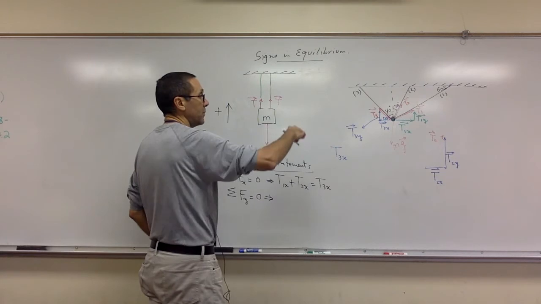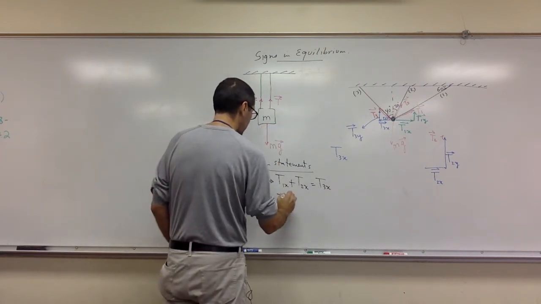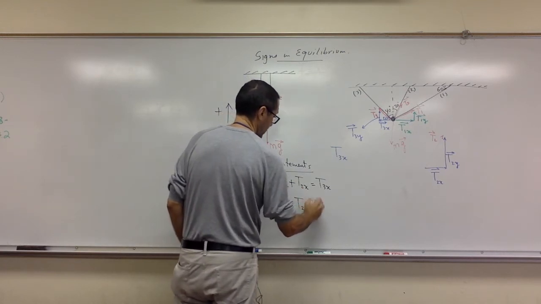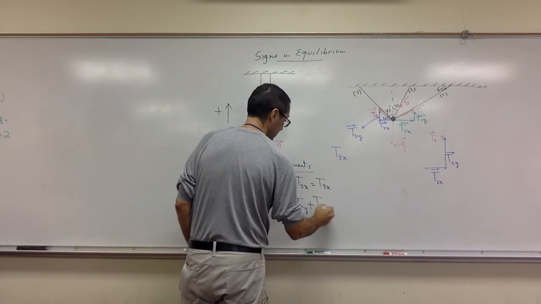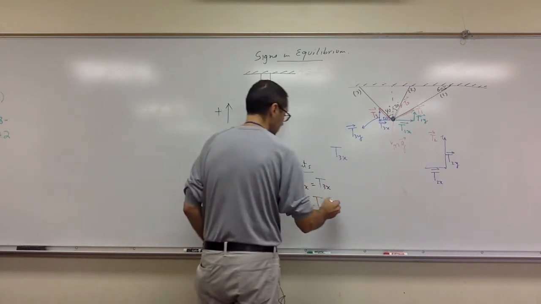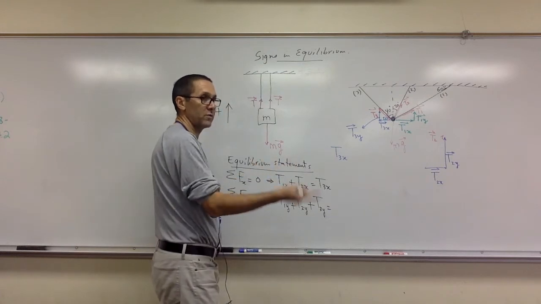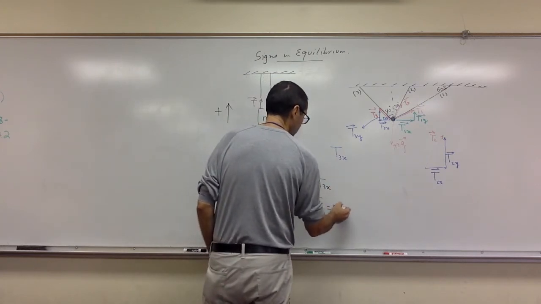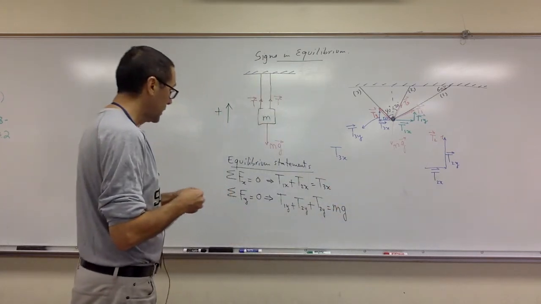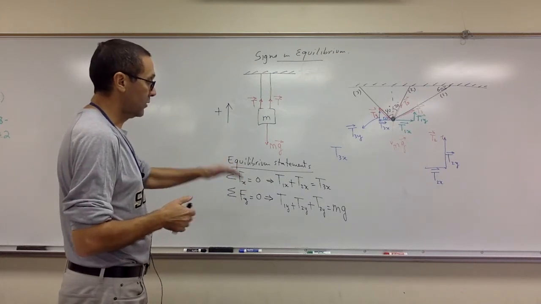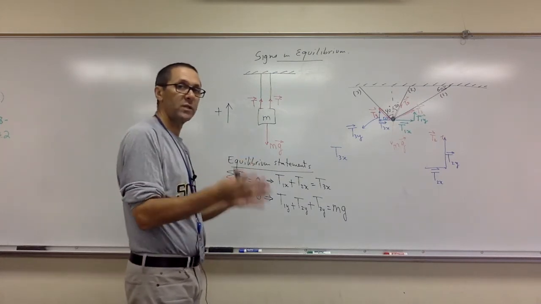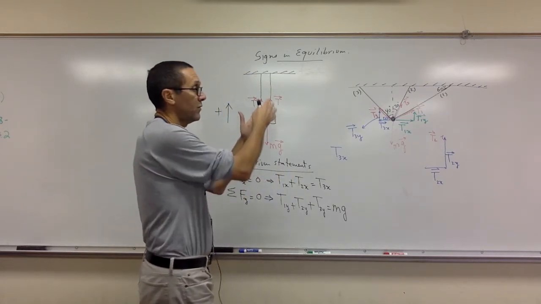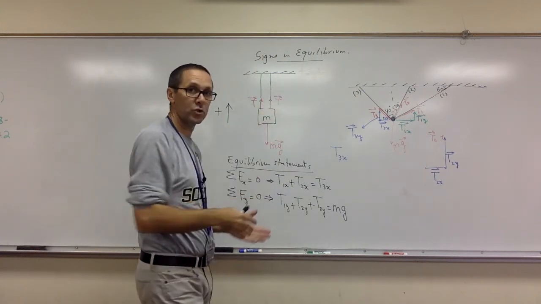Now for the y, it means that the forces pointing up must equal the down forces. When I say forces here, I mean the components of the forces, because the components are not actual forces. And that should be equal to m times g. Now, you will have these equations, and you can solve for whatever you need. It all depends on what's being asked and what you have. You can even be given the forces, the tensions, and asked to find an angle, which should not be difficult